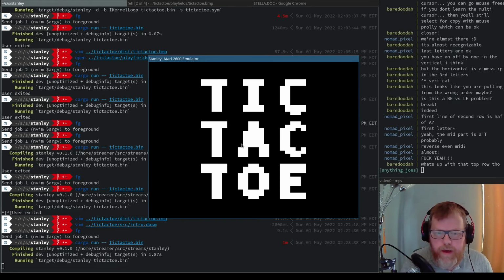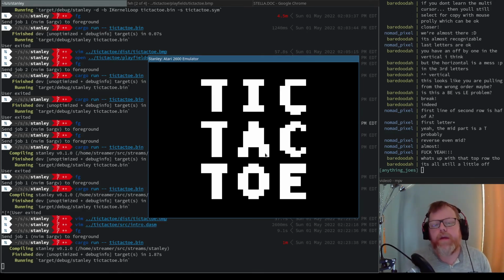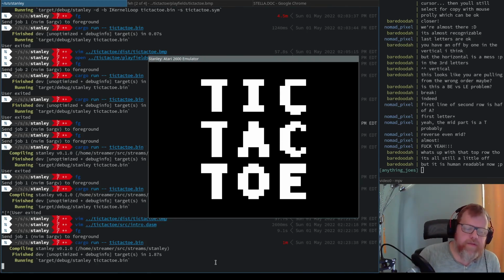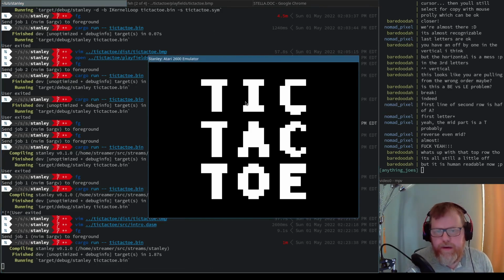What's up with the top row? What do you mean by that? Oh yeah, there's something. Oh, that's what I was telling you about. I see. Yeah, there's actually some glitching going on here. The problem is basically that there's a delay on the hardware. There's a delay between when you write to a playfield and when it shows up, and that's really timing dependent. So what I think we're seeing here,